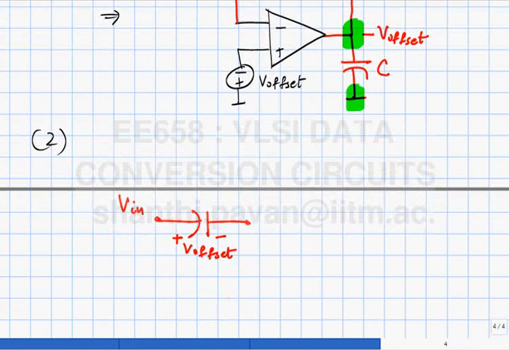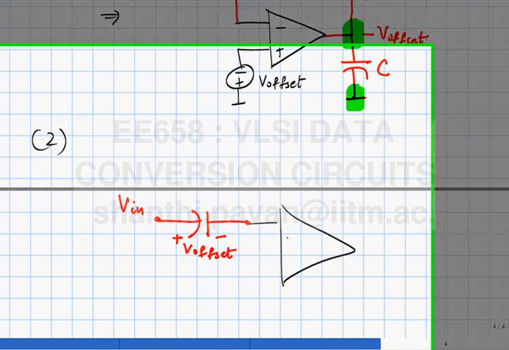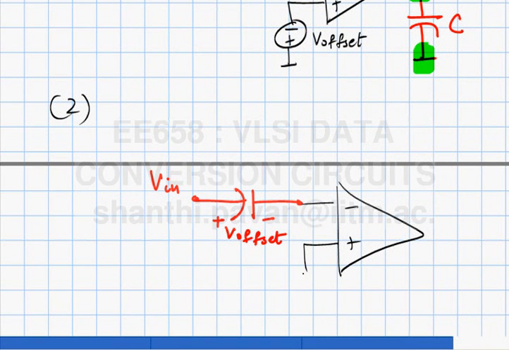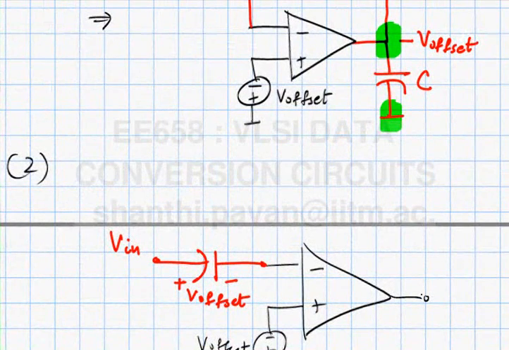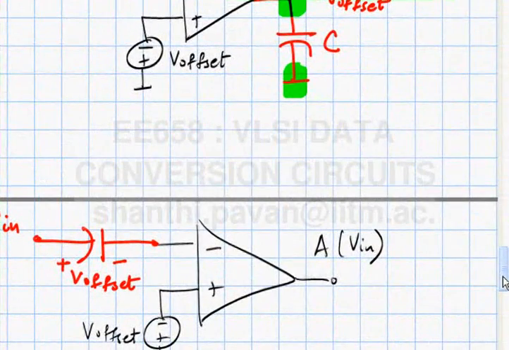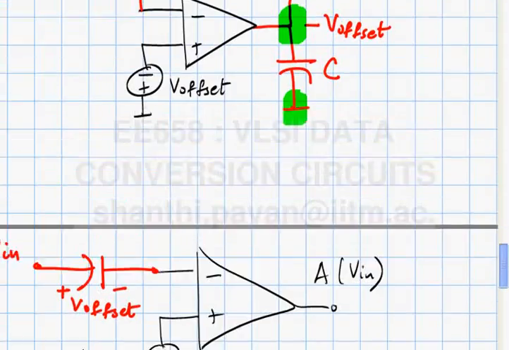And now this gives me A times, this is conceptually what you want to do, okay? And if you want to reconfigure connections around an amplifier, what do you want to use? Yes. You have to use switches, okay? So combining these two pictures,